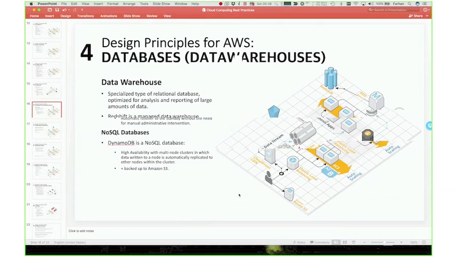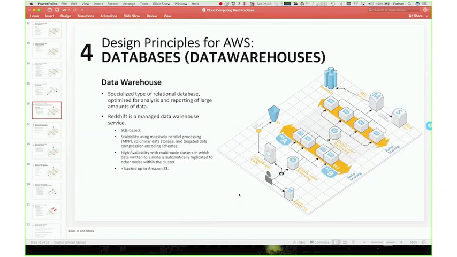So the third type of database is the data warehouse, which is a specialized type of relational database that is very much optimized for analysis, reporting, and aggregation type of data. You can say that it is a modified form of RDS, which is capable of scaling up and scaling down dynamically. Now, the problem with RDS is, say you have provisioned a MS SQL server master server, and you have allocated 4 cores and